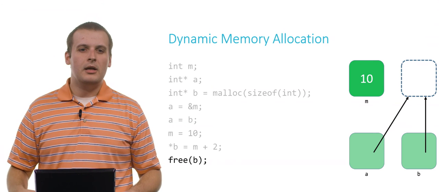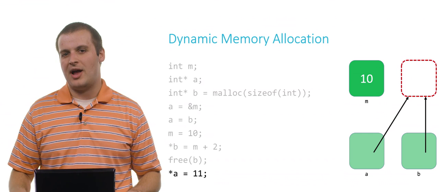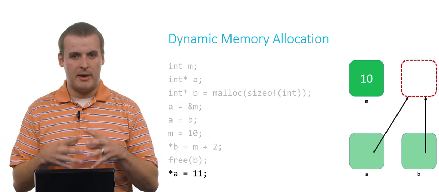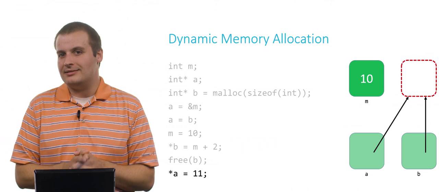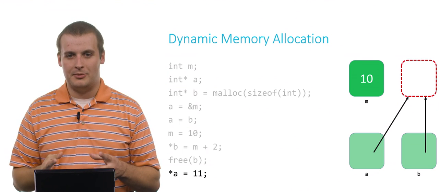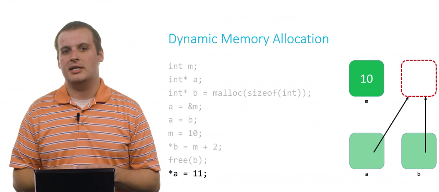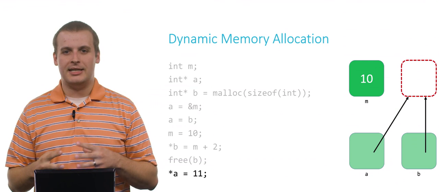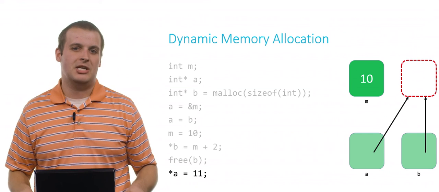OK. Now if I say star a equals 11, you can probably already tell that something bad's going to happen here, right? And indeed, if I tried that, I probably would suffer a segmentation fault. Because now, although previously that chunk of memory was something that I had access to, at this point, now I'm accessing memory that is not legal for me to access. And as we probably recall, when we access memory that we're not supposed to touch, that's the most common cause of a segmentation fault. And so my program would crash if I tried to do this. So again, it's a good idea to get good practice and good habits ingrained when working with malloc and free so that you don't suffer segmentation faults and that you use your